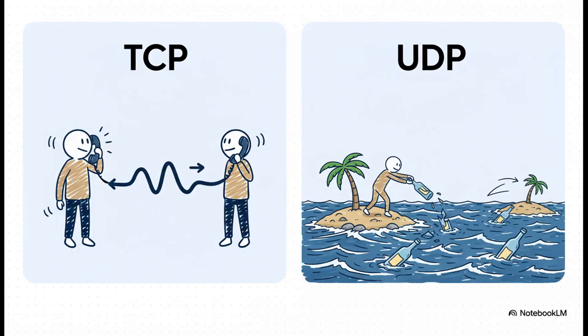Okay, so the absolute best way to wrap your head around UDP is to put it right next to its more famous sibling, TCP. Think of TCP like a phone call. You pick up the phone, you dial, the other person answers, you say hello, you've established a connection. You know they're there, and you have a real back and forth conversation. UDP? Ha. UDP is like writing a note, stuffing it in a bottle, and just chucking it into the ocean. You just send it and hope it gets there. There's no guarantee it will arrive, you'll get no notification if it sinks, and if you send a bunch of them, there's no telling what order they'll wash up on shore.